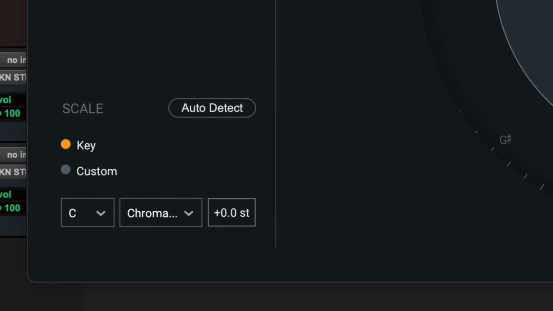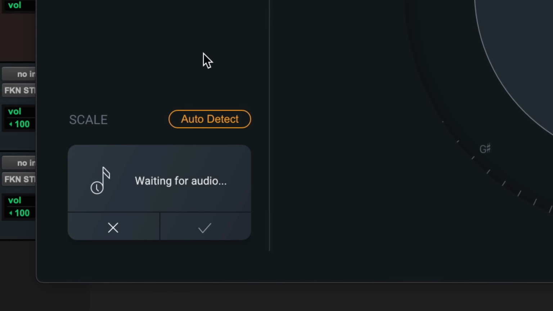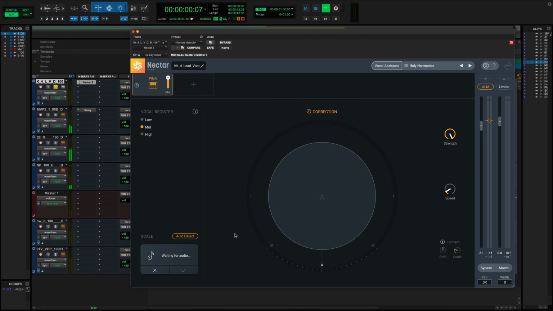But if you have no idea what the key is, you can actually use some intelligence here in auto detect. When I press this, again, you see a lot of the same language. It's going to wait and try to learn what the key is and give me its best guess at the furthest left here of the options. There's going to be 3 that show up, okay? So the one at the furthest left is like its best guess. Now, I happen to know the key of this song, but you don't. So what I'm going to do is just play a little bit and see if the auto detect gets it right in the pitch module.